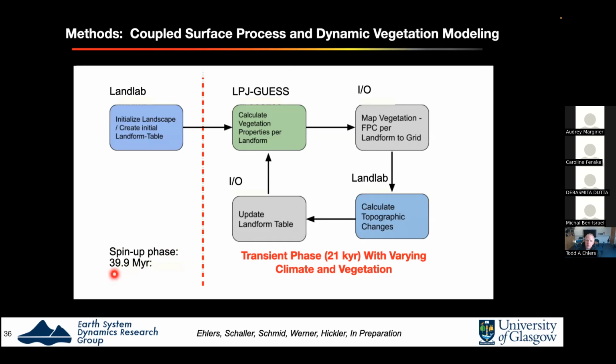As I mentioned before, the coastal cordillera has been coming up for around 40 million years. So we're running the models to equilibrium, which actually takes about this long to get an equilibrium landscape with these very slow rock uplift rates that I showed you here. We're reaching this equilibrium by keeping the LGM climate and vegetation conditions fixed. In other words, nothing's changing over this 40 million years except the topography. The forcings are staying constant. Once we enter the last 20,000 years, we're hitting a transient phase